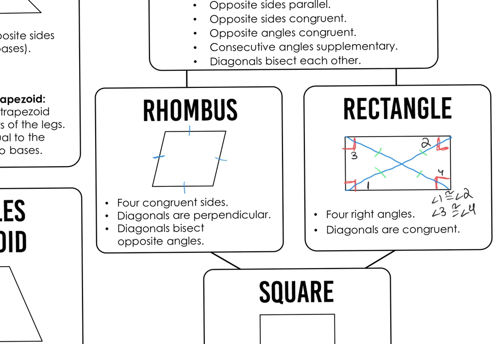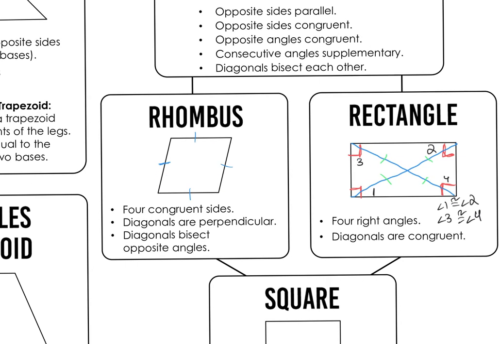In a rhombus, the sides are the same. So that's one thing. The next thing that's fairly unique and interesting is we know that the diagonals are perpendicular. So that's something that's very unique to a rhombus, where